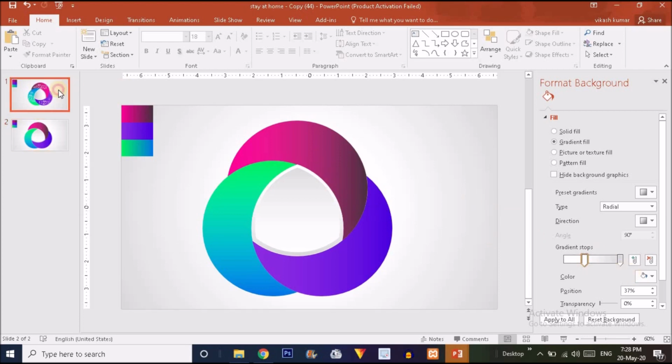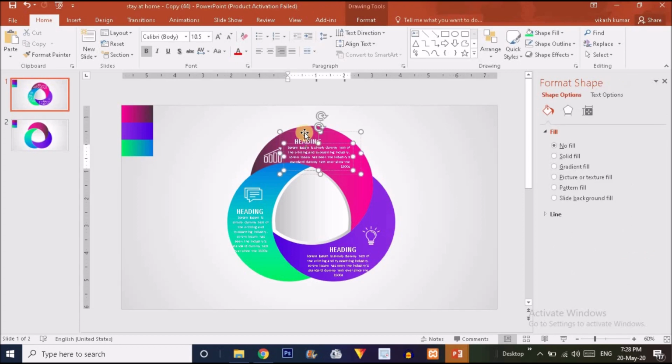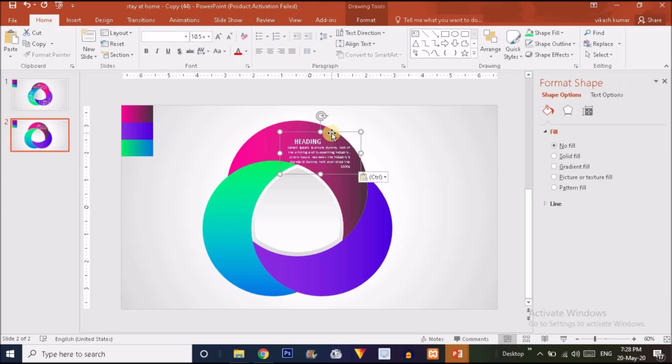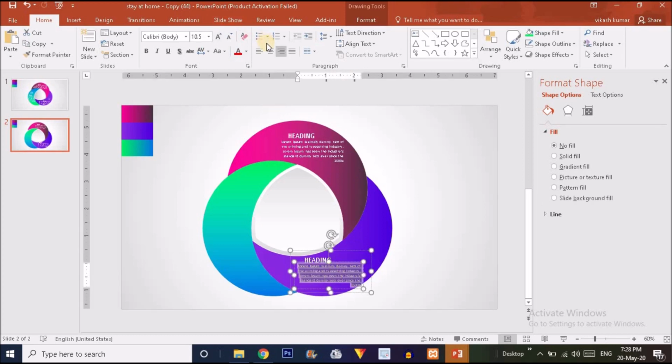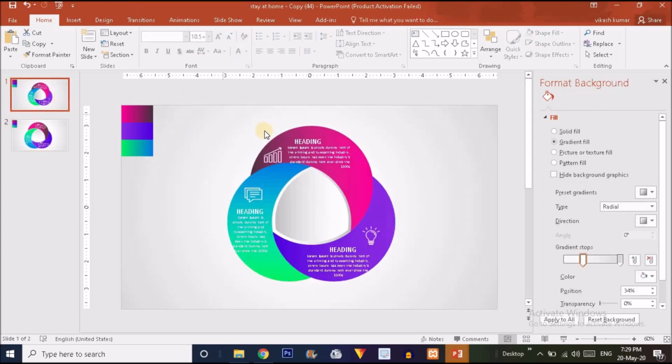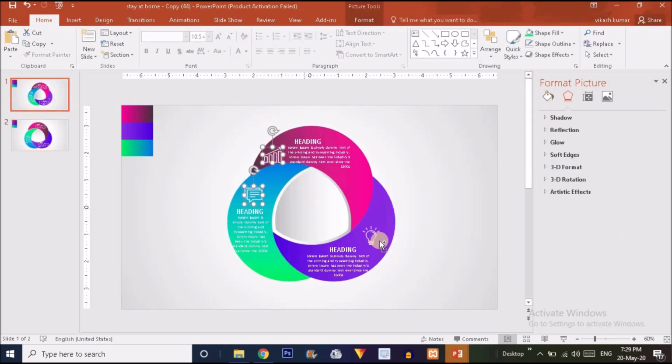Okay. So now finally we will have to add the text group. So I'm going to press Ctrl C to copy it and paste it over here like this. Again press Ctrl V for the second shape and keep the shape over here. Just select all these shapes and align it left. Alignment will be changed according to your shape, and again press Ctrl D to duplicate it and put this over here like this.